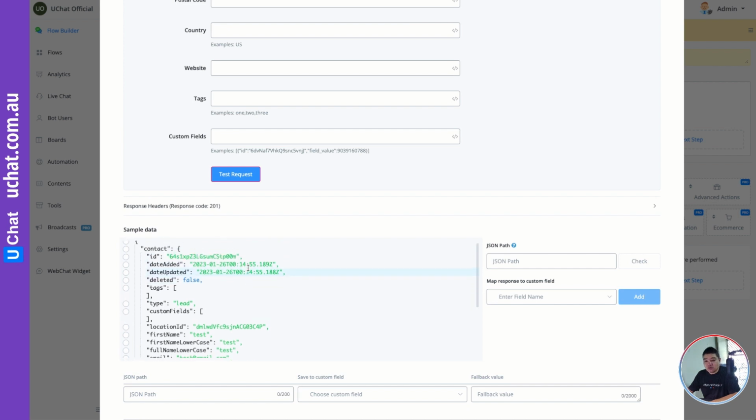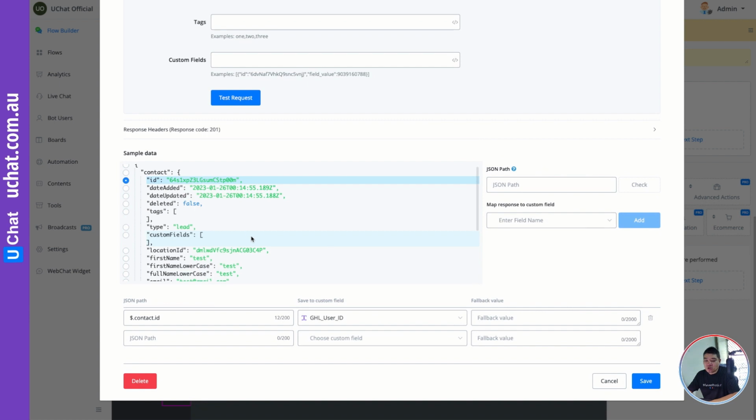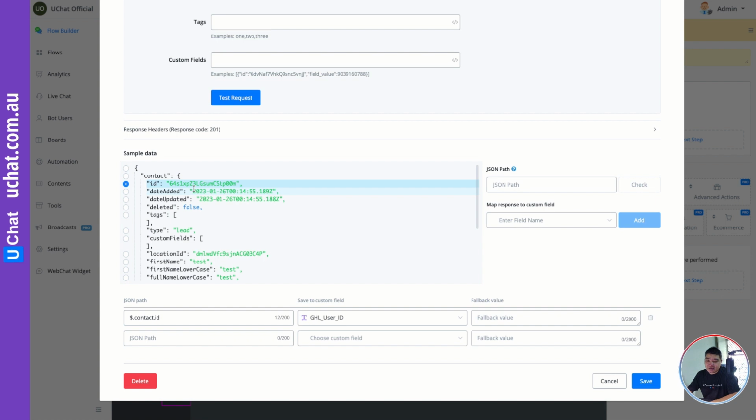If you want to save the contact ID, because you want to make changes to the contact in future actions, that is a unique ID. You can click this, it will select this value, and you can save it into a variable. I have a GHL user ID, so I can simply click add. So when this action is triggered and the contact is created, I can save the contact ID directly into